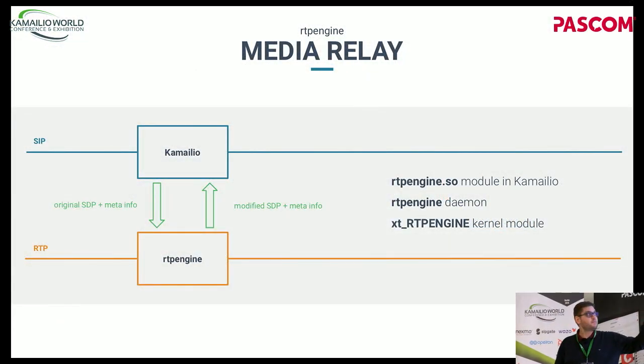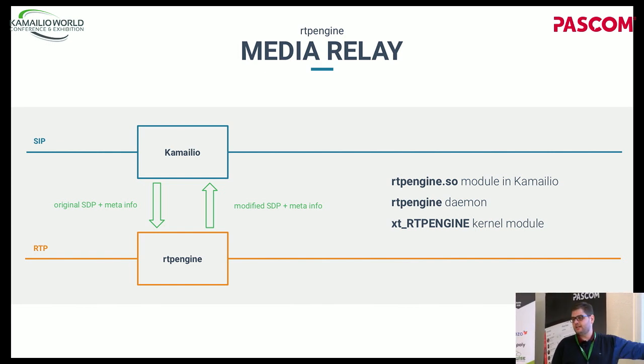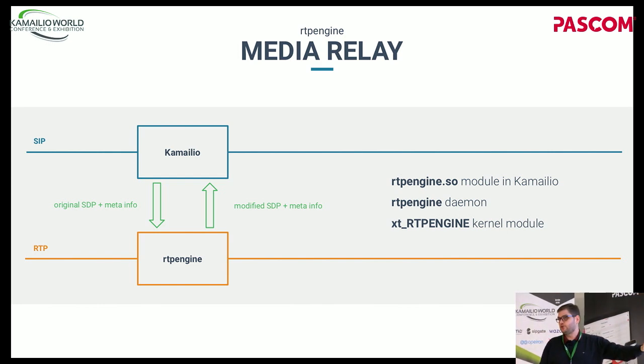The way it works, as we said, is, okay, you have a Kamailio instance, but actually it could be anything. It could be Asterisk, it could be SEMS, it could be even a Node.js application. I think Brave Guy really implemented a module for that. So you have the control plane in SIP, right? So you negotiate your SDP. And what you do is when you get an invite, typically, you push this information down to RTPEngine, telling it, okay, this is the SDP, now do something with it, right?